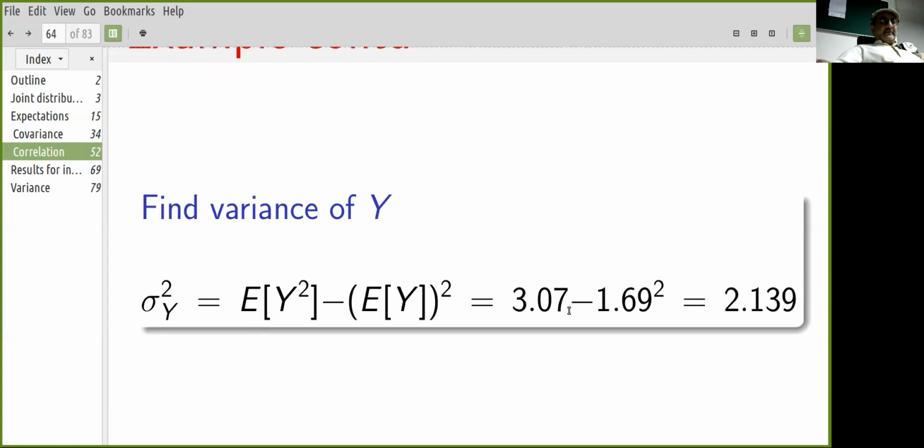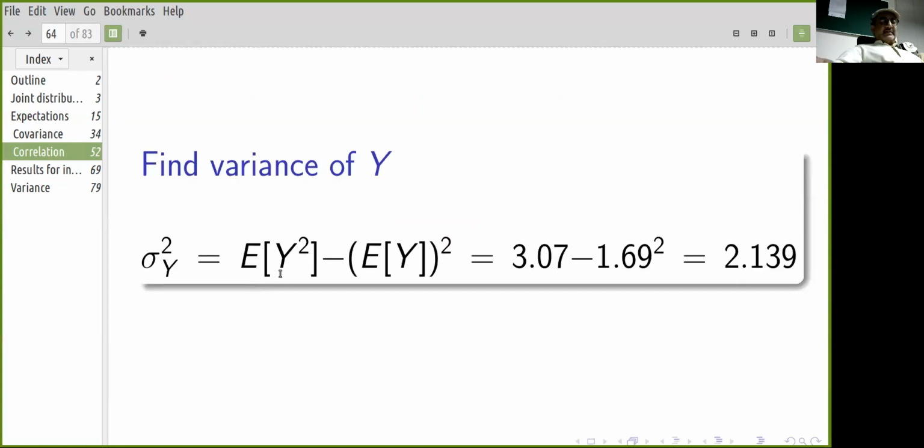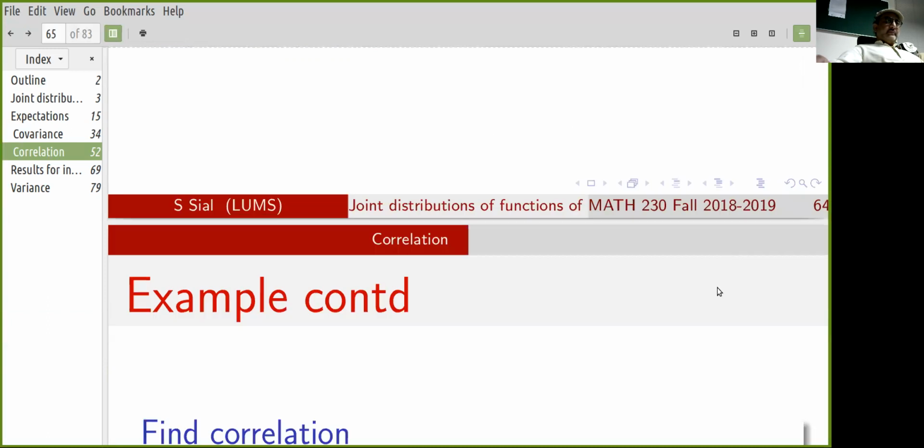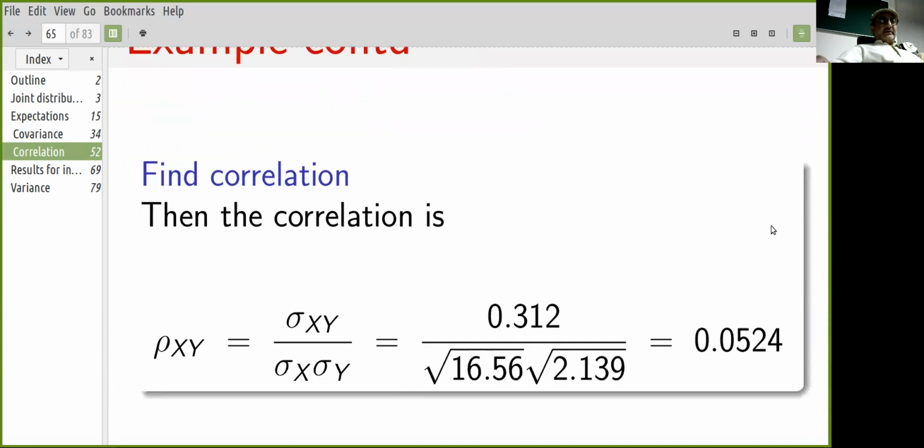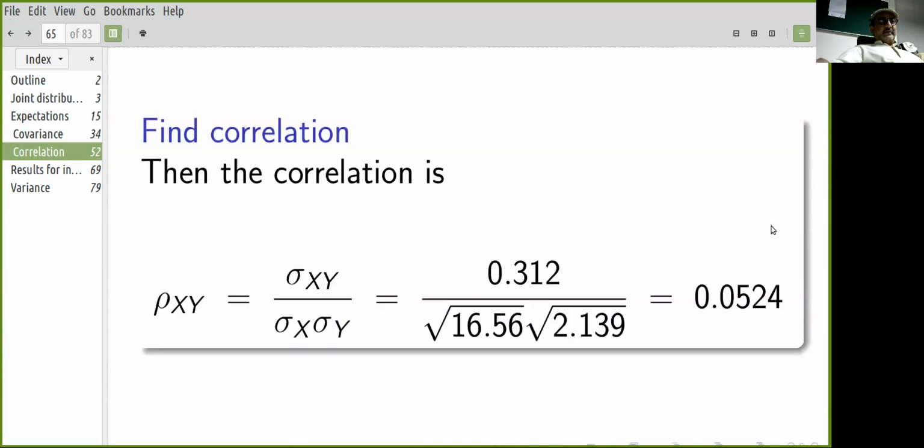And now we can find the variance of y. That's the expectation of y squared minus the square of the expectation of y, and we get 2.139. And finally, what's the correlation? Well, the correlation is rho sub xy equals sigma of xy divided by sigma x divided by sigma y. That's equal to 0.312. We found the covariance divided by, well, we found that the variance was 16.56 for